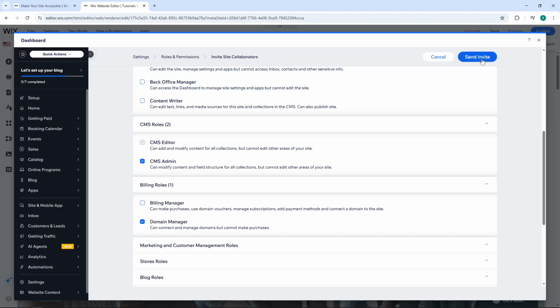Invite. And that's it. Your collaborator will receive an email invitation and can start working on your site once they